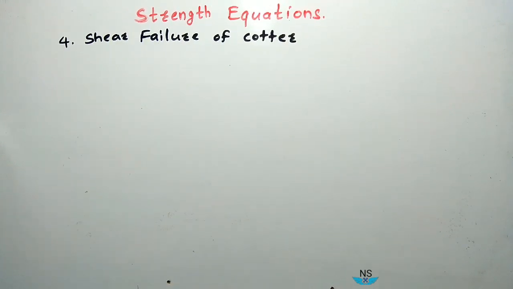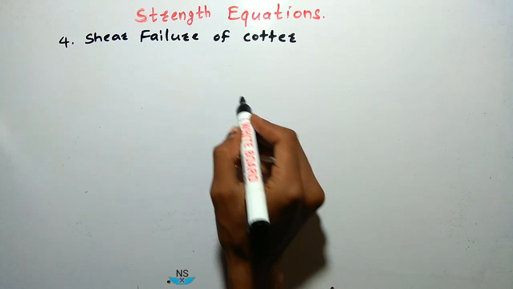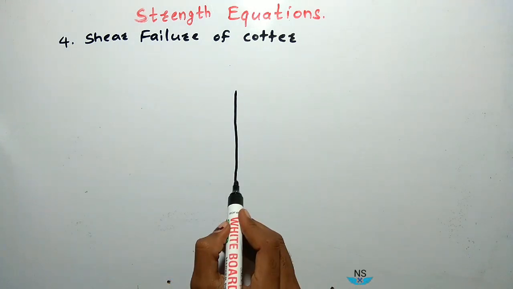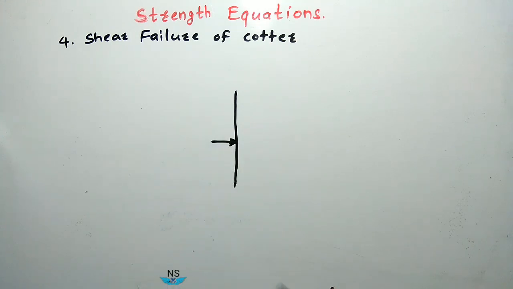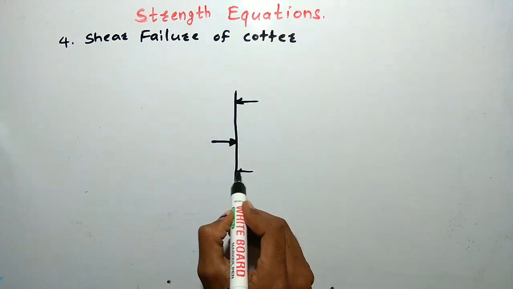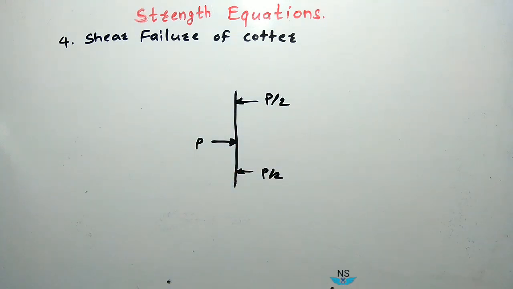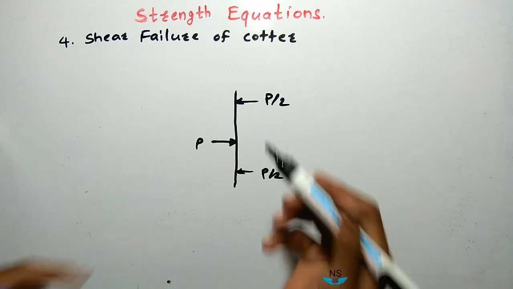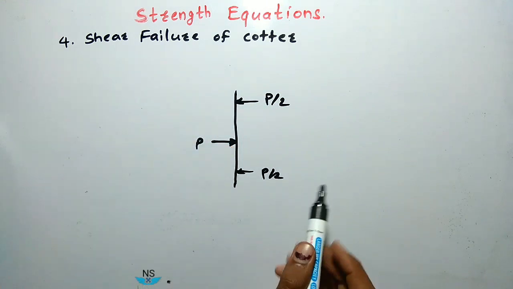Now see the shear failure of quarter. हमने डायग्राम में देखा फोर्स बैलेंस जब किया हमने, तो ऐसे बीच में क्वार्टर है, स्पिगॉट ऐसे लोड अप्लाई कर रहा है क्वार्टर पर, और सॉकेट ऐसे लोड अप्लाई कर रहा है P/2 और स्पिगॉट ऐसे लोड अप्लाई कर रहा है। तो फेल्योर कैसे होगा क्वार्टर का? So how will quarter fail? So this is P load, this is P/2, this is P, this is P/2.